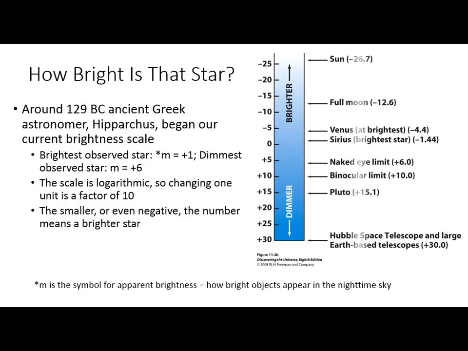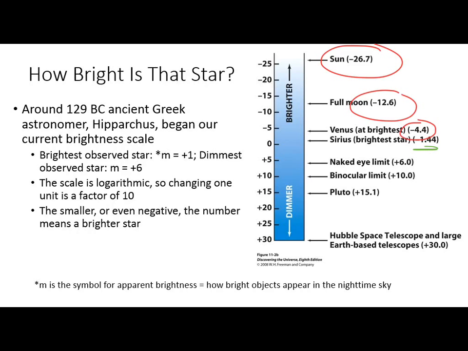All right, so here are some objects as they appear, their apparent brightness. Never look at the sun, right? But actually it has an M value of almost -27. Like, dude, really? Yeah. Okay. Full moon, almost -13. Venus, when it's brightest, which is pretty bright at night, -4.4. Okay. Sirius, the dog star,